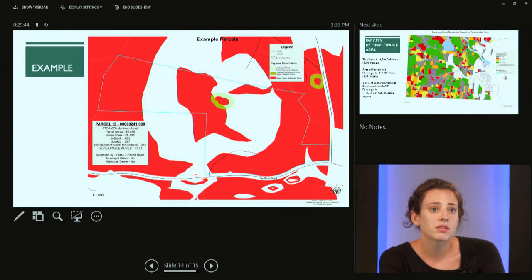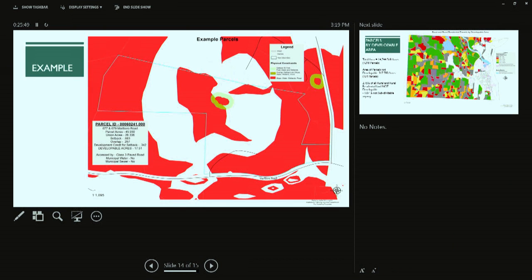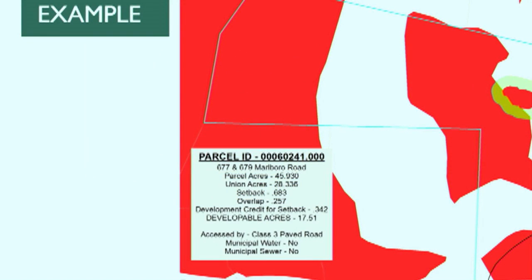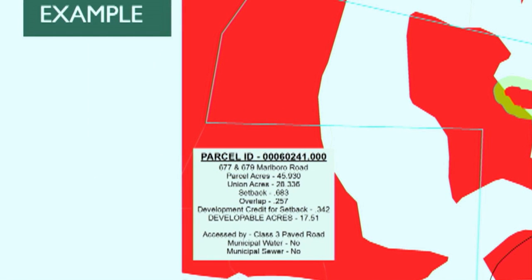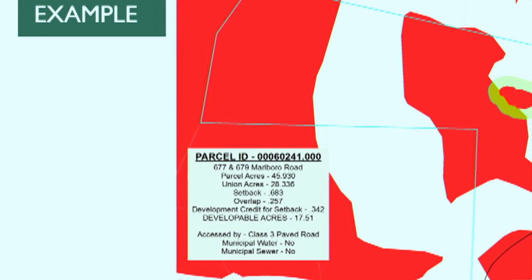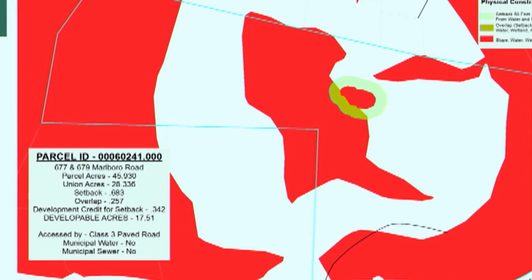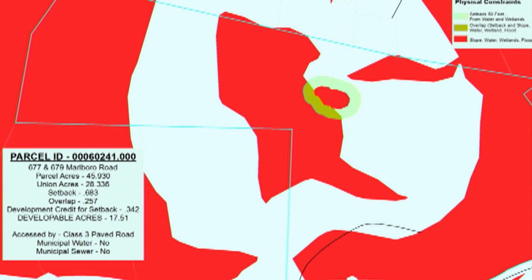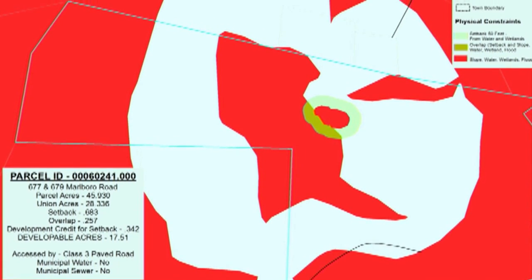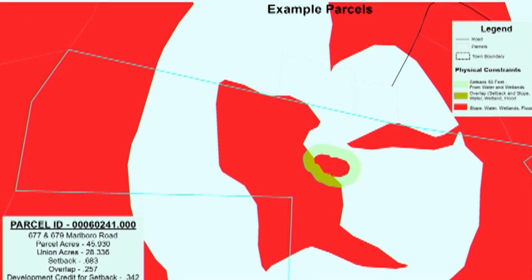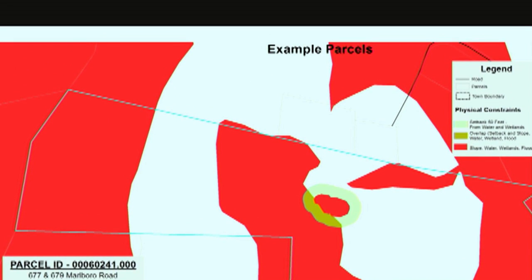And here is an example parcel. We showed this at the planning board meeting, and it was pretty helpful to see a parcel close up. So again, the red is the area you can't develop in, and the white would be the area you can. So for this parcel, which is on Marlborough Road, it's a total of 45.93 acres, but you can't develop on 28.336 acres. So the net developable area is actually only 17.51 acres,